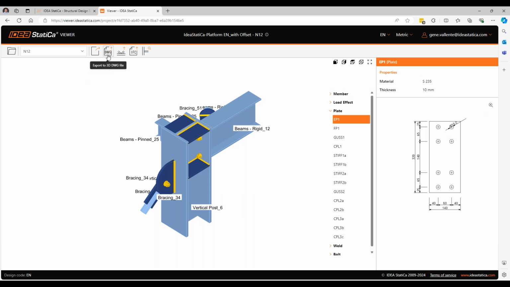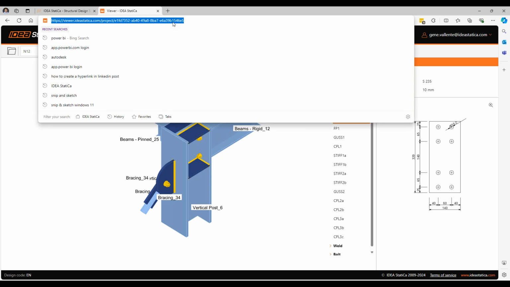You can also export this into a 3D DWG file and also an IFC file. So you have plenty of options to share, but the good thing is you can also share this via link. If you click on copy,